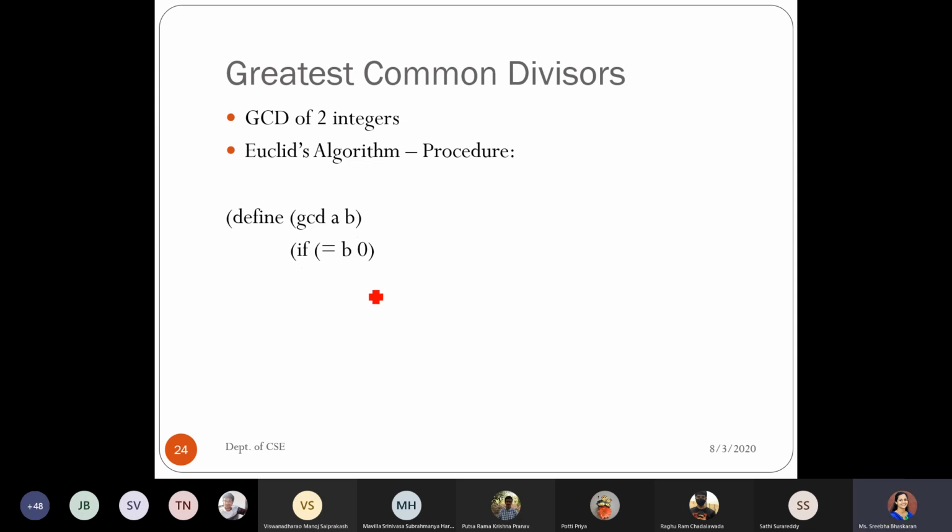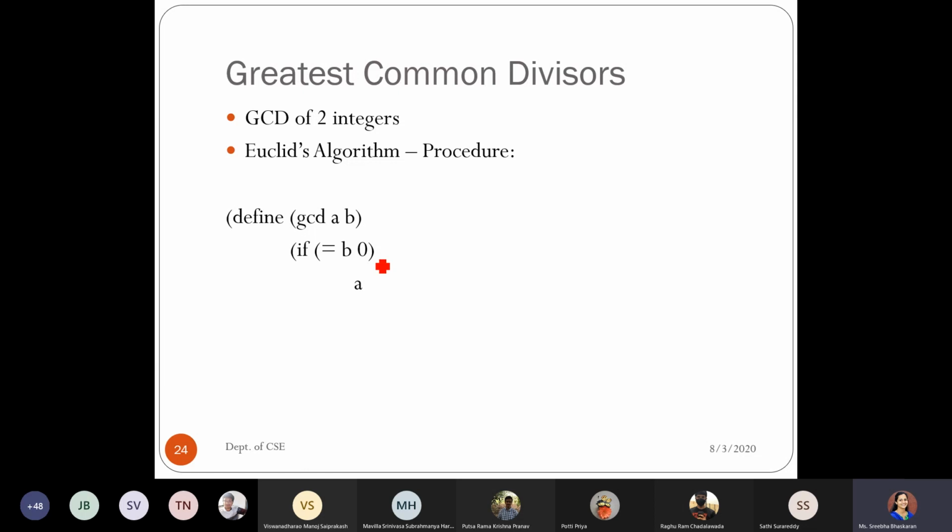And here, how many conditions do I have? I just have to check whether the remainder is 0 or not. If it is not, then again I have to call the procedure. So only 2 cases I have, so it is easy for me to go with the if statement. So if syntax I am using. So if only the remainder value. Which among these 2 is going to have the remainder value? The second one, which is B. So if B equals 0. So I am checking whether my B value is 0 or not. If it is 0, I will directly return my A value. That is what is considered the GCD part.